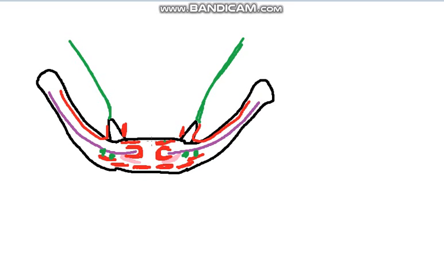As we have said, we have the body, we have the greater cornua ending in tubercles, and we have the lesser cornua, and we have drawn some muscles on the anterior surface of the body. We have drawn the sternohyoid, we have drawn the omohyoid, we have drawn the thyrohyoid, and going up we have drawn the mylohyoid, we have drawn the geniohyoid, and we have drawn the genioglossus.